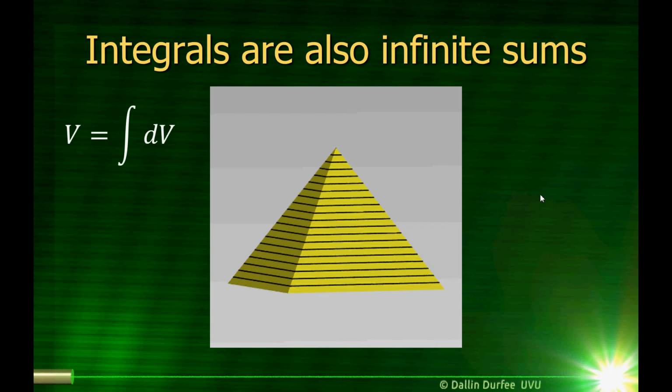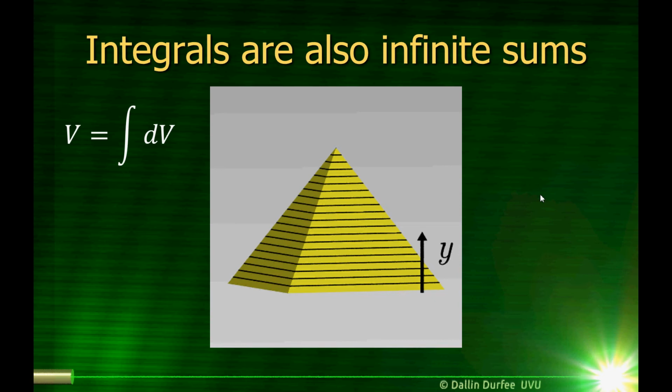And when I do that, I'm just adding an infinite number of infinitesimal things. So I'm going to add this little bit of volume, d volume, and I add all those little d volumes together to get the total volume. So volume is just the integral of d volume. But what is the volume of one of those slices? What is dv? Well, first, we need to come up with a coordinate system we can use to label our